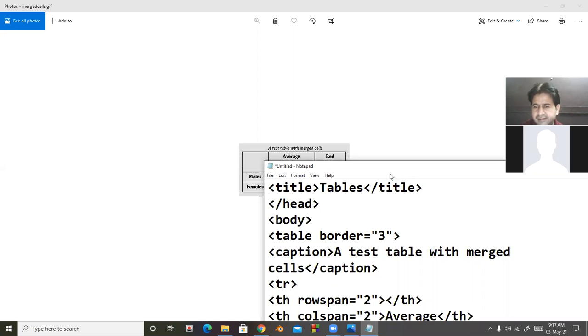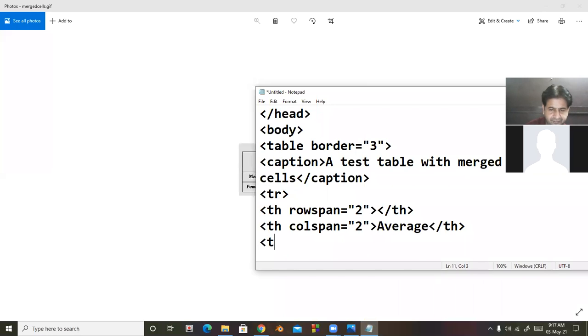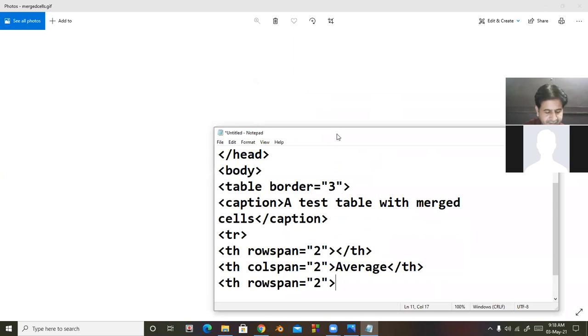Here is red eyes, but again merging is row wise. So this is rowspan. So here the word is red.